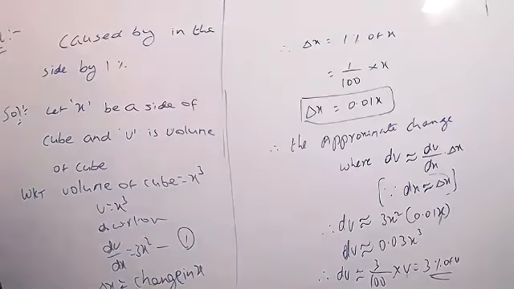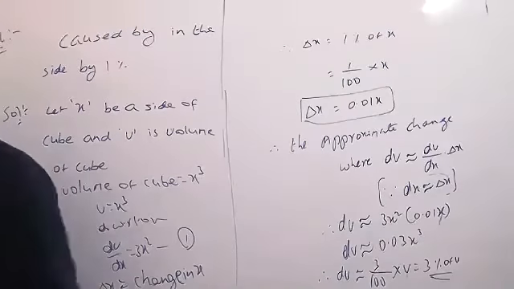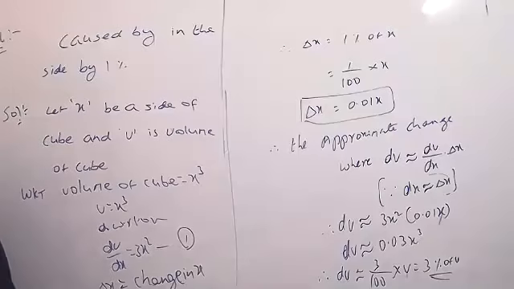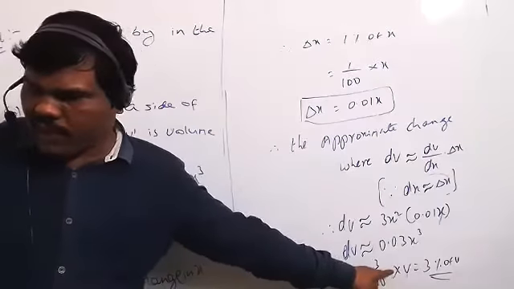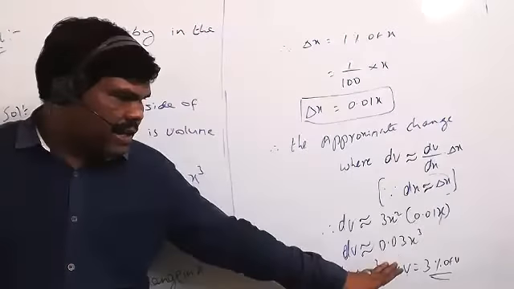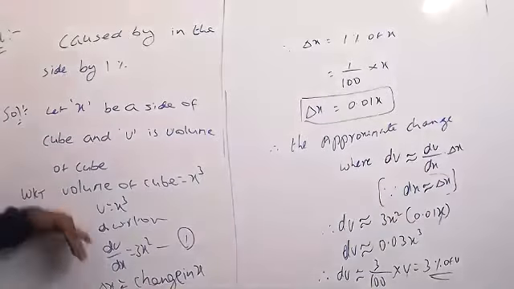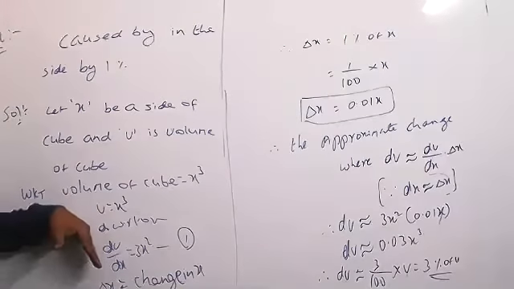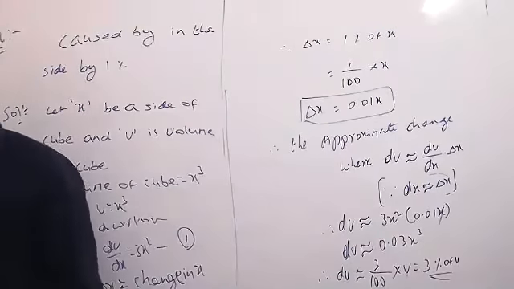Okay, one more question you can write, in the same order. The last step we compulsorily have to write, so don't forget this, because in the problem itself they are asking very clearly how much percentage the volume will be increasing. That means when you change the side of the cube here, how much the volume will increase. That we have to write: 3% of volume will be increasing.